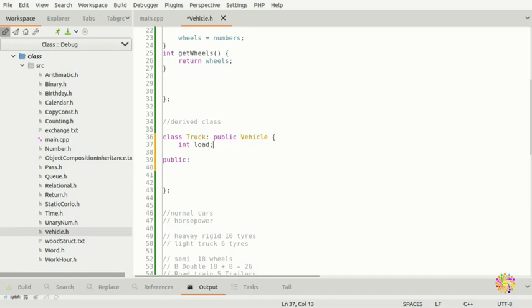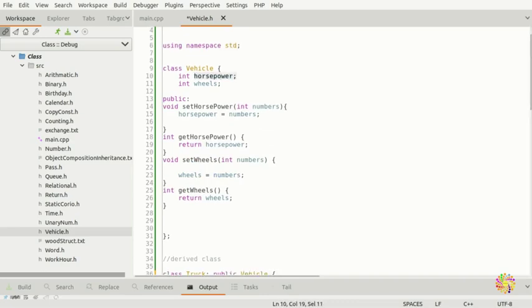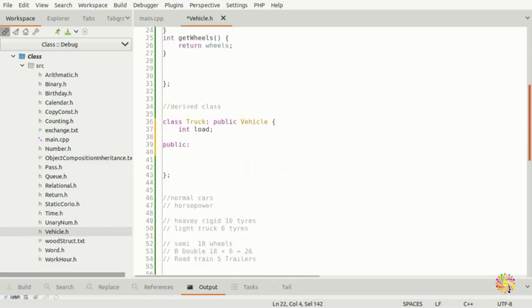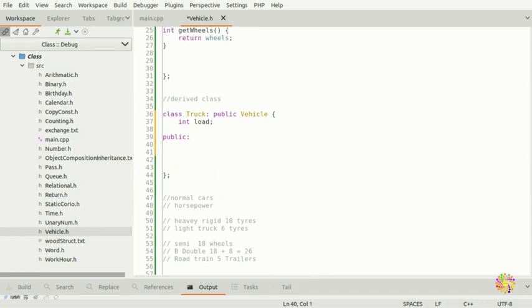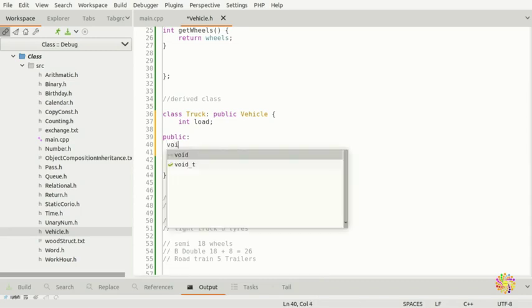You guys can put int load or int capacity here, because now this truck has horsepower. This truck's going to access the wheels, because we are setting and getting the horsepower and the wheels, and the truck's now got something, its own variable, it's called load. So we're going to come here, and we're going to set the load, and we're going to get the load. So we're going to say void